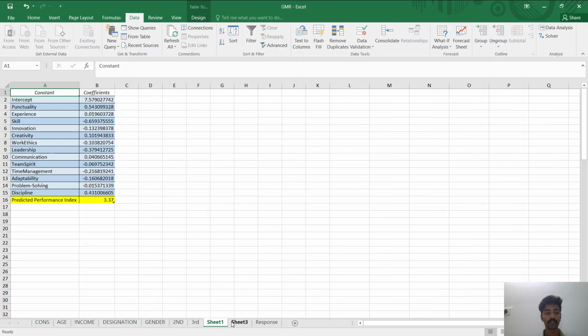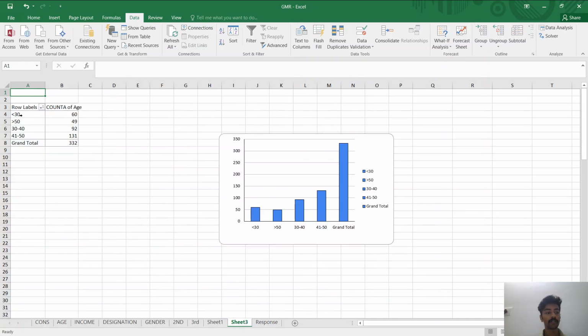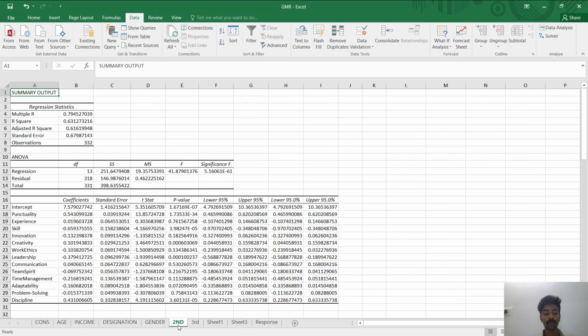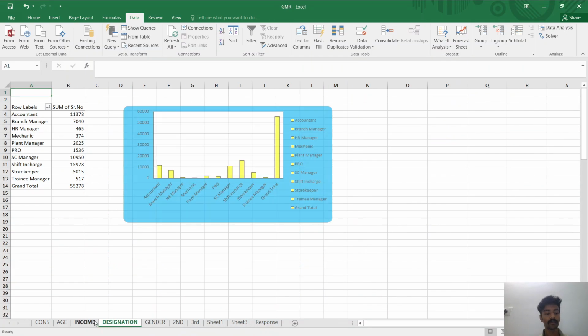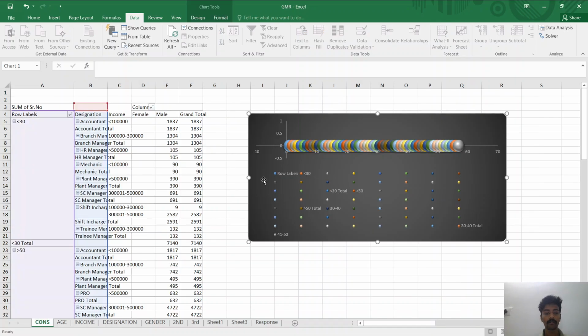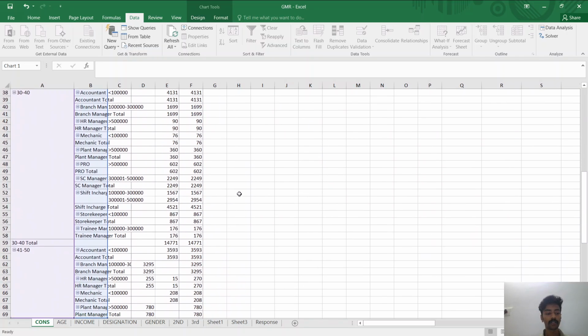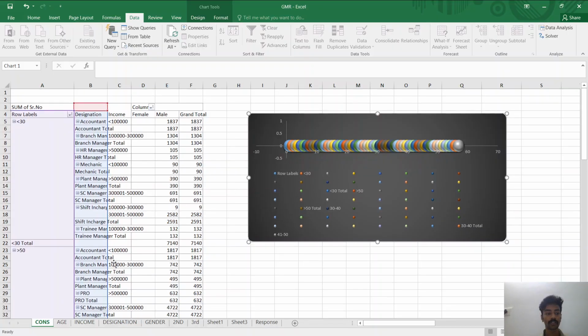Now coming to the questions which I have to answer. This is the intercept which I have taken. These are the coefficients. So for predicted performance index, this is a row for less than 30. What is the count of age? This is the grand total for age. How did we calculate this? We have summarized it by age less than 30, designation, income, and whether female or male, with a grand total. Based on this, we have interpreted the visualized summary of this data,